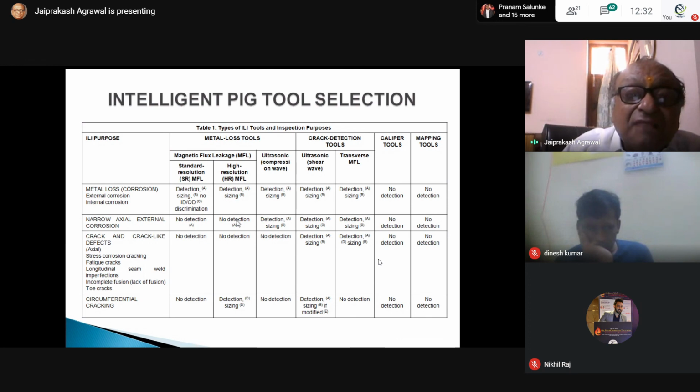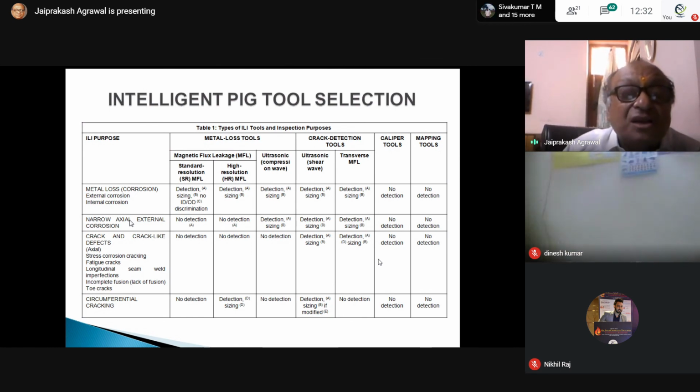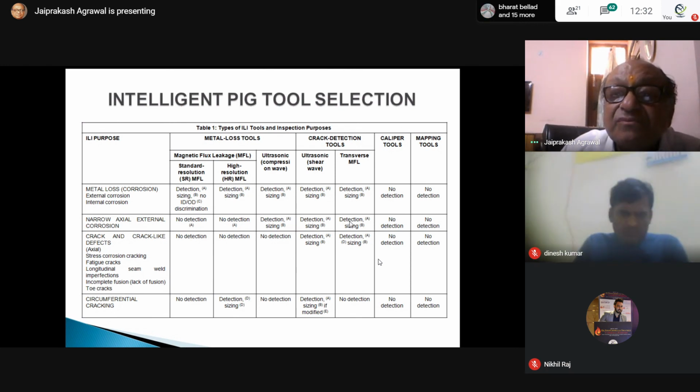Then narrow axial external corrosion is difficult. It has certain limitations, in that it cannot detect narrow axial external corrosion. It is very narrow, and that is not very important either, so for this you need not have a different instrument.